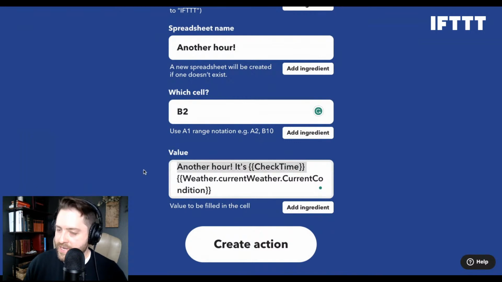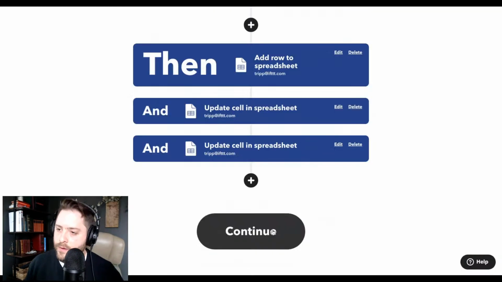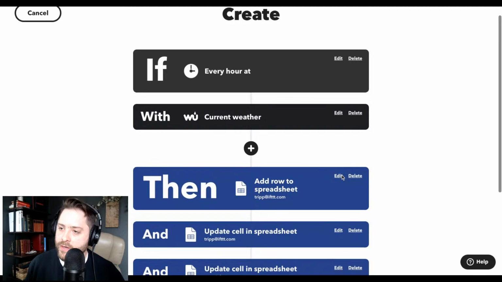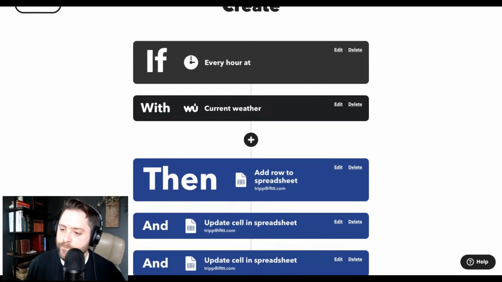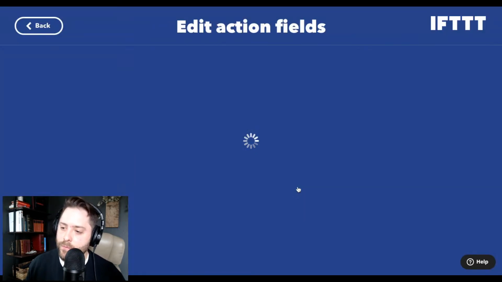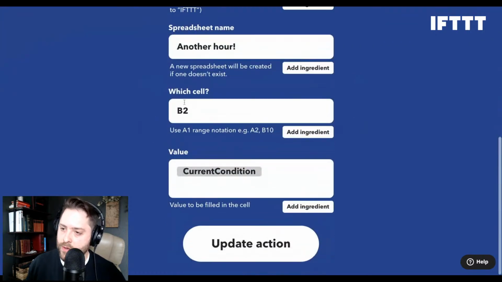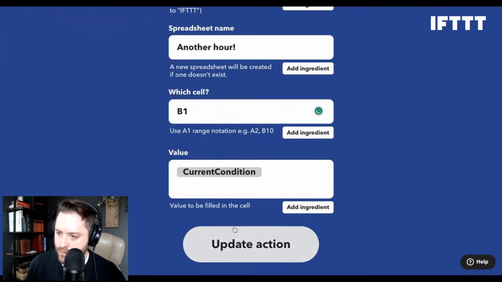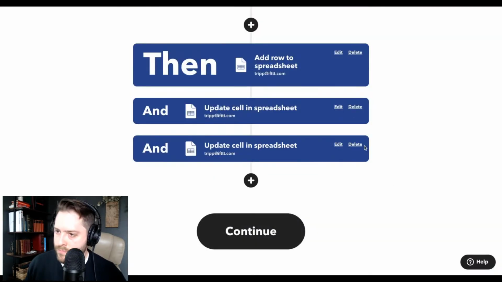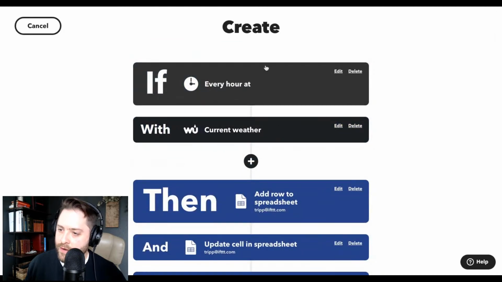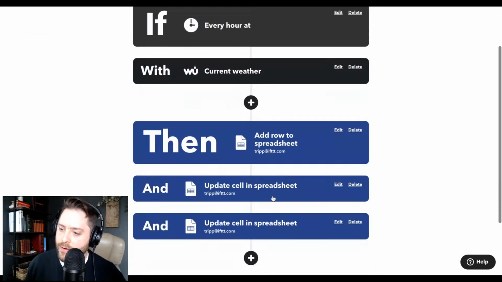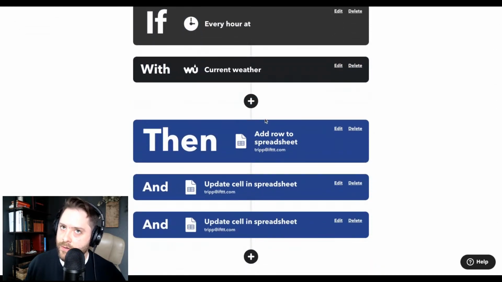And so technically, let's say that would be B1, looking back. Perfect. So you're going to add, initially you're going to add a row, and then it's going to update the current weather every single time onto those two specific columns. I don't know if that helped, Walter. I think that was a good idea, though.